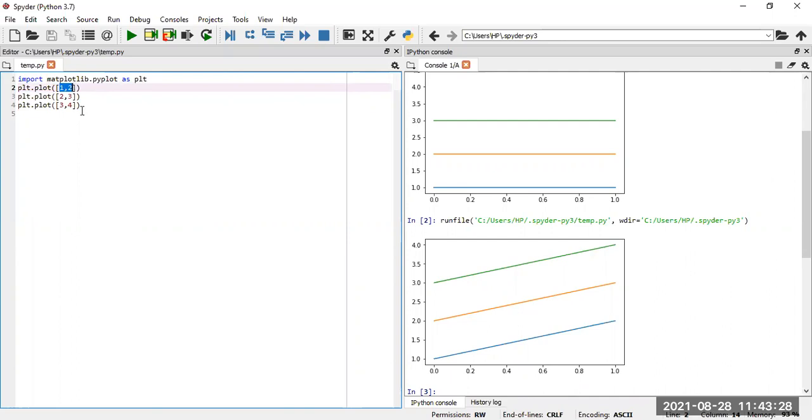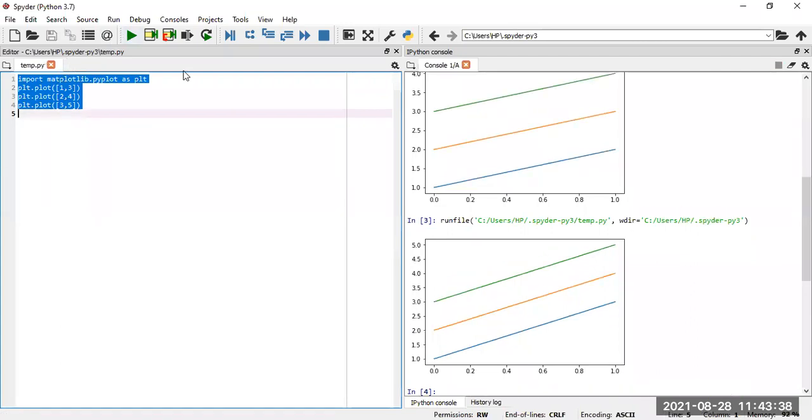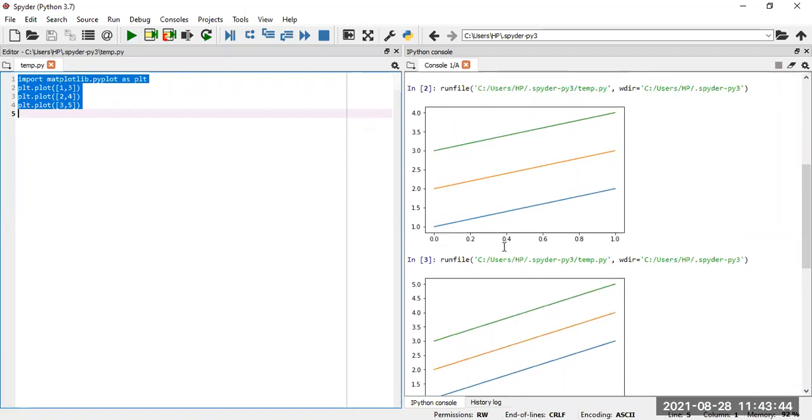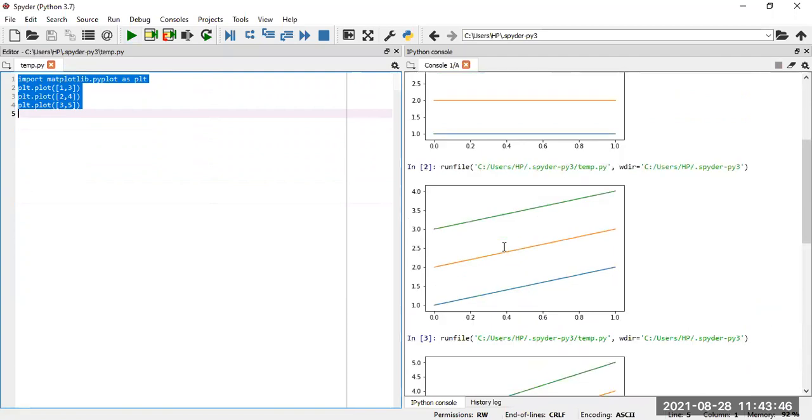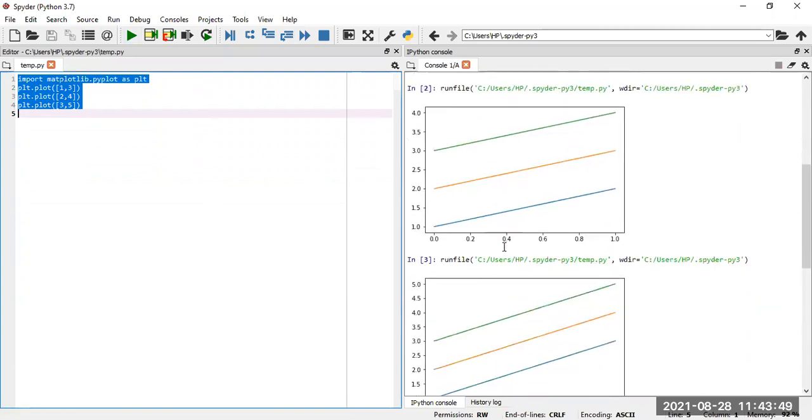So we can see that as per our data, we can have a value here. We can have a value here. Whatever value we put, the graph is going to change. For every different data, the graph is changing. I'm changing the data here, and the graph is also changing.